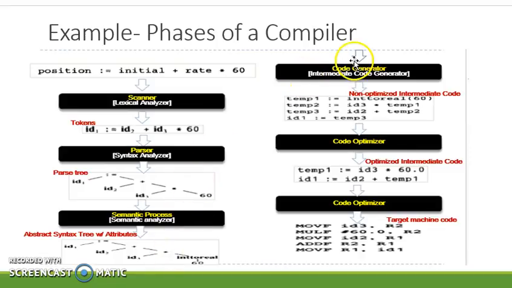The next step is code generation, in which the identifiers are converted into three-address code, where the addresses are temp1, temp2, and temp3. All these three addresses are taken and converted into intermediate code.